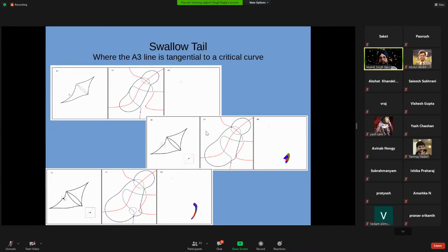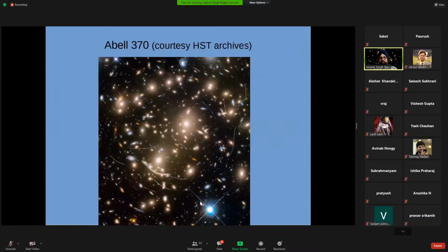There are other types of singularities. So this is the third and the last one, which is called a swallowtail, in which you get an arc. So focus on C3, which is the one at the bottom, and you get an arc which is kind of straightish. And unlike the hyperbolic umbilic, where I showed you that the ring which forms has a very small radius as compared to the radius of the cluster, over here the radius of curvature is much, much bigger than the radius of the cluster. Two examples of this have been seen so far.